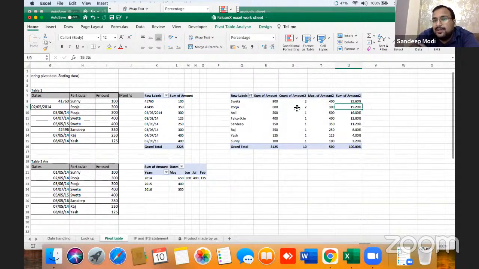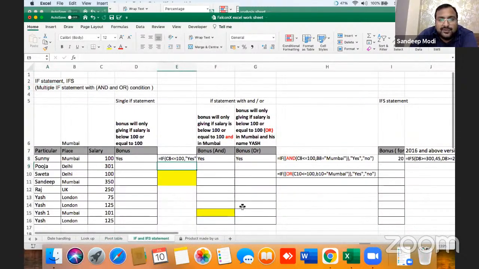And this is auto update. So I hope pivot tables are explained. If you have any queries, you can ask me. Now let's move to the if statement, and then we will have a 2 minutes quick water break. Or you can ask me questions after the if statement, then we will start the MIS report.